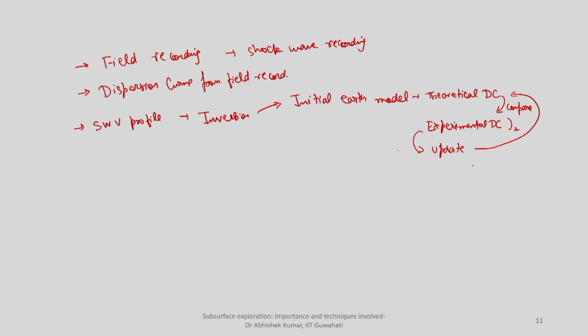You can also use the R square value. So every time you keep on updating your theoretical dispersion curve till it matches with your experimental dispersion curve, and once both are matching, corresponding to the theoretical dispersion curve obtained at the last iteration, you will get your shear wave velocity profile,